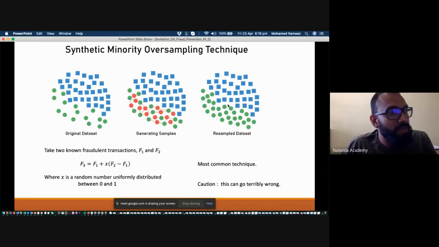But if it was a concave feature like this, and you picked one fraud transaction from here and another fraud transaction from here, and you do a synthetic oversampling, you would end up with a fake data set which is inside your majority data set. So one has to be very careful when applying techniques like these, even though these are the most common ones,